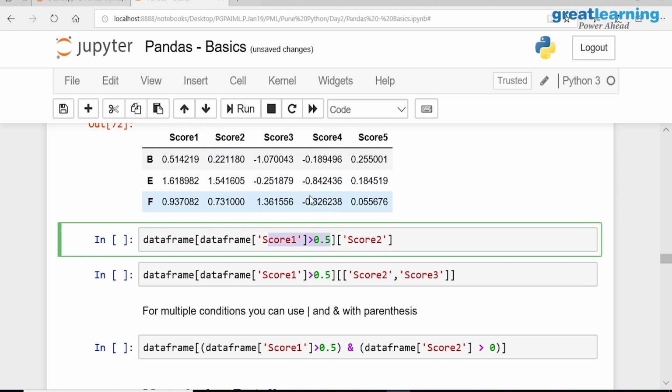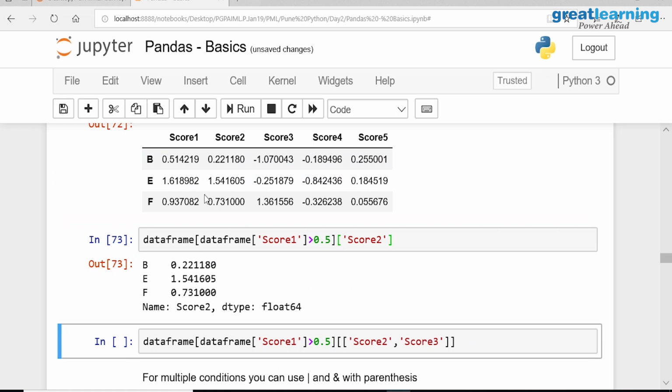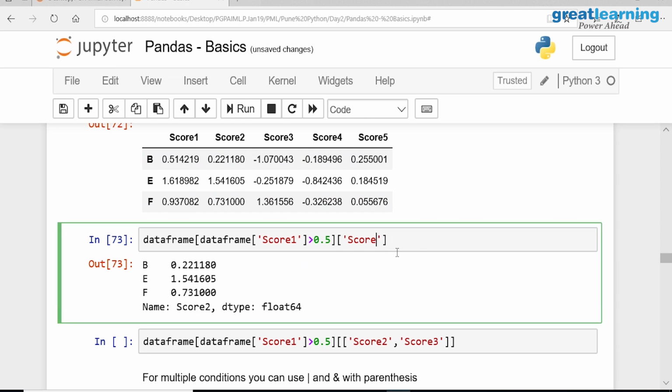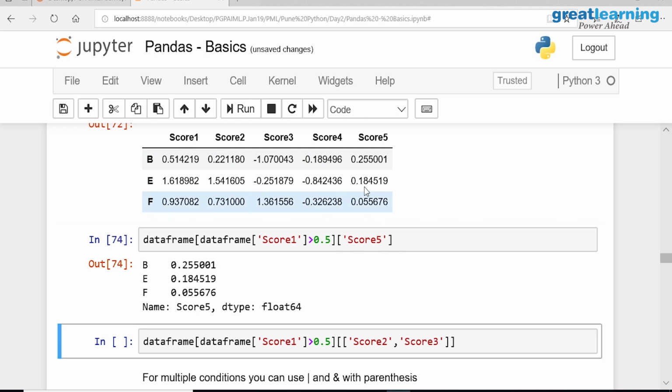I want only the second column. Then I can say this. And what is this now? These are the same values, correct? If I say 5 here, I'll get exactly these values. That means I am applying the row and where condition and also the select condition.